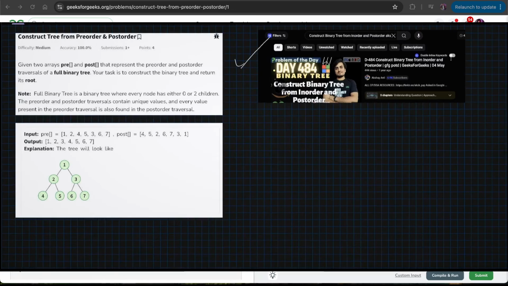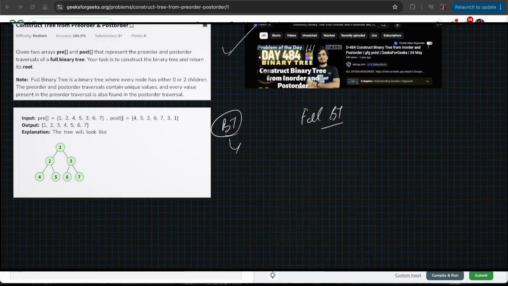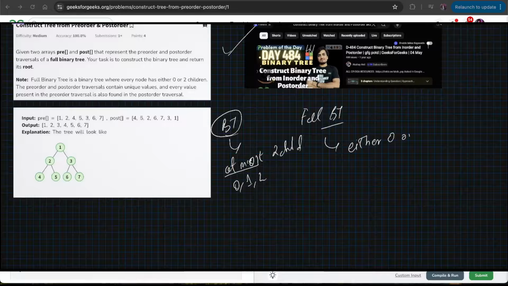So first, let's see what is the difference between binary tree and a full binary tree, right? And what are the combinations for the order of traversals we need to form such a particular unique binary tree? Or if it is not possible, then what are the possible combinations for the not possible ones, right? So a binary tree is nothing but it can have at most two children, right? Which means it can have zero. At most means it can have zero, one, or two. But a full binary tree, it says that it is either zero or two,